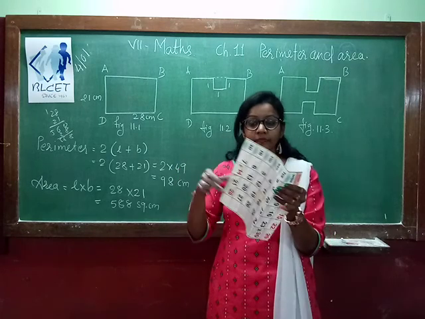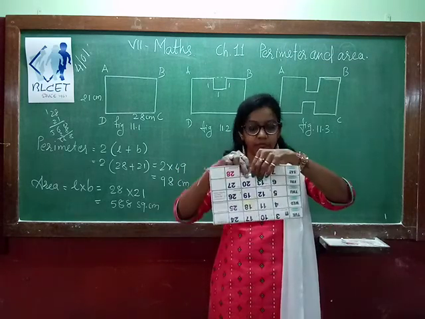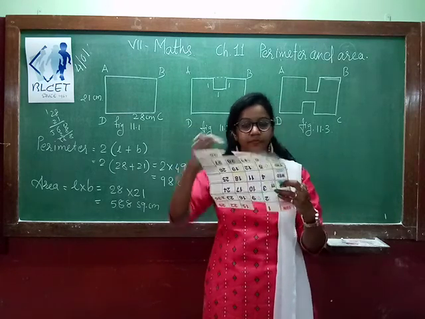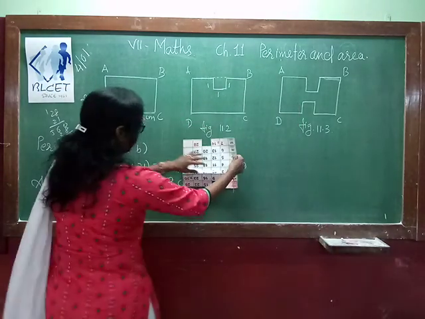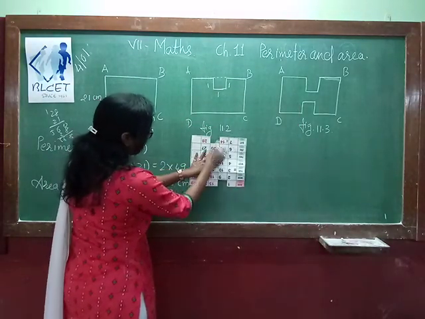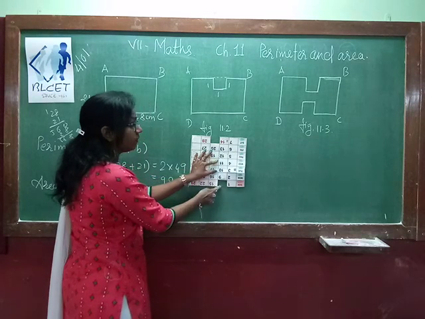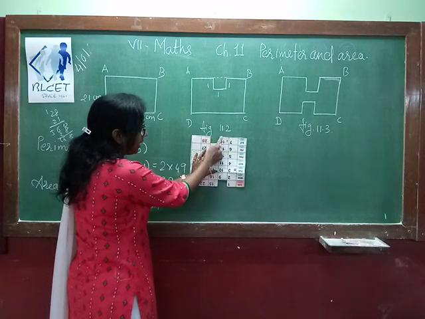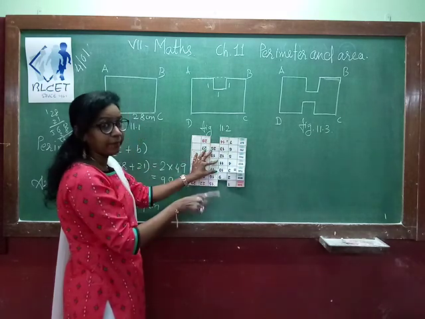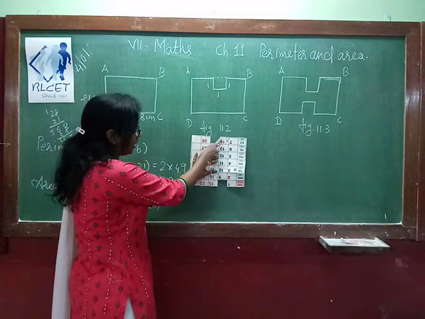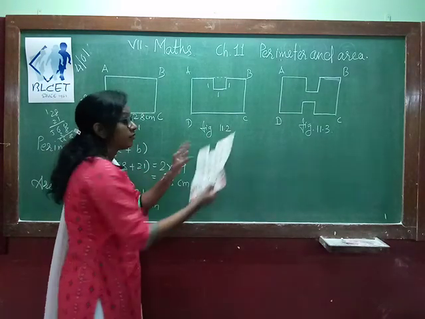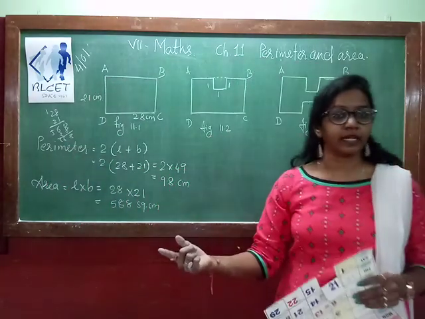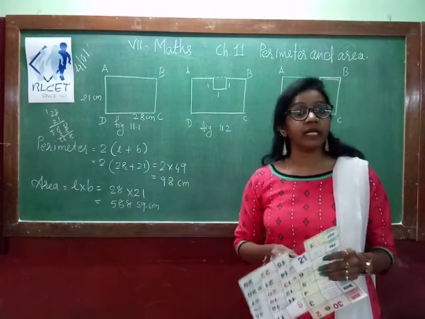Same way, suppose I will just fold another square. So now what happened? What about the area now? The area will reduce because one full block will be missing. So area will reduce. But what about the perimeter? One line segment will be reduced. In place of that, we are adding 1, 2, 3, 4, 5, 6. 4 extra line segments we are adding. So what it means? Perimeter will increase, but area will be reduced.